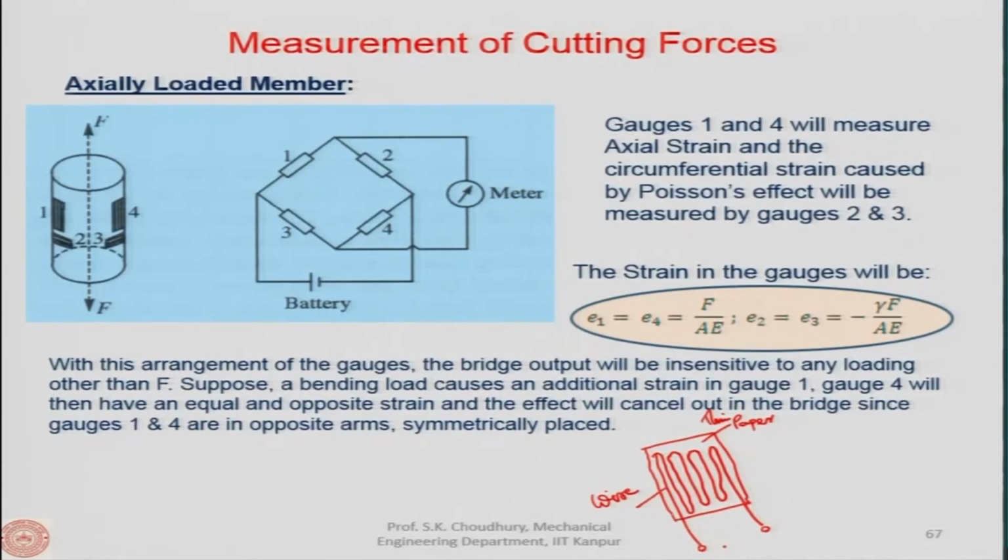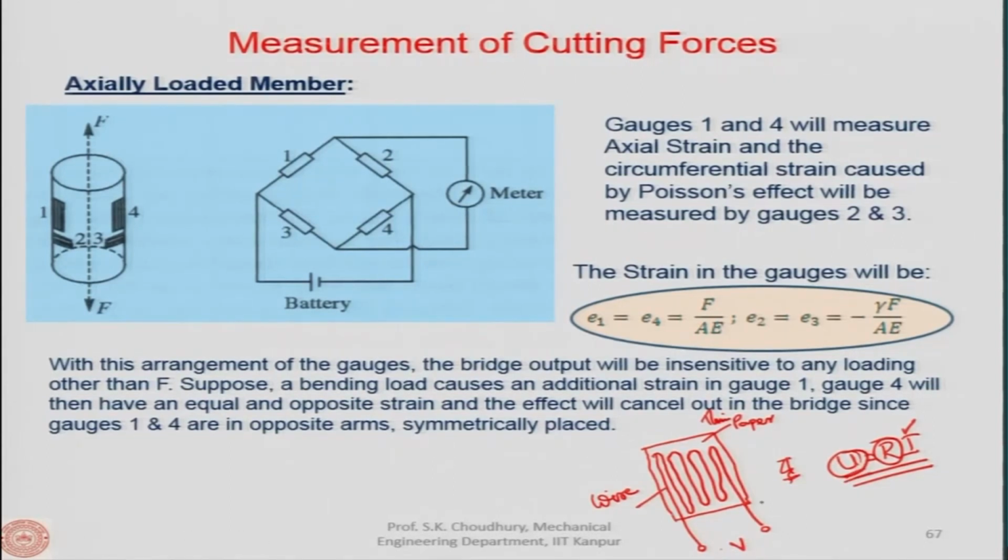Now, if we pass some voltage through this, then the current depends on it according to Ohm's law, U equal to R into I. The voltage will depend on the resistance, and this is the current. So, this will depend on the resistance of this wire. Now, if the resistance is changed, then with I constant, suppose, the voltage will be